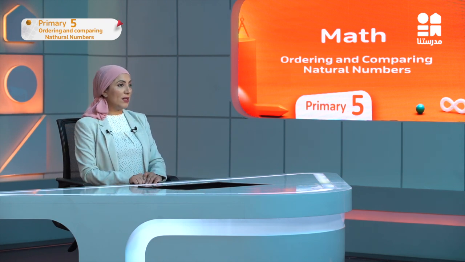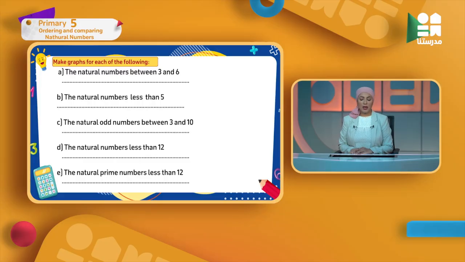Now another question. Here I wanted to make a graph for each of the following sets. First I use the listing method, and then I draw my graph to make everything easier. So here A, the natural numbers between 3 and 6. Between 3 and 6 means that I'm not going to write either 3 nor 6. So I will take only the numbers between them, which are here set A equals the set of elements 4